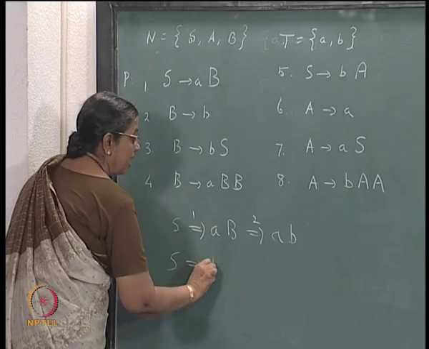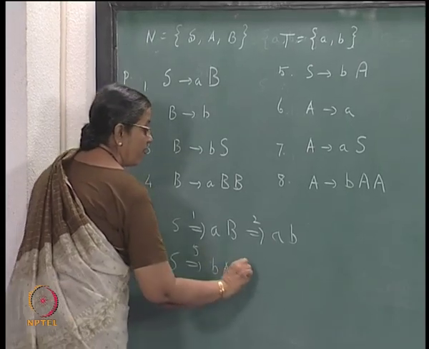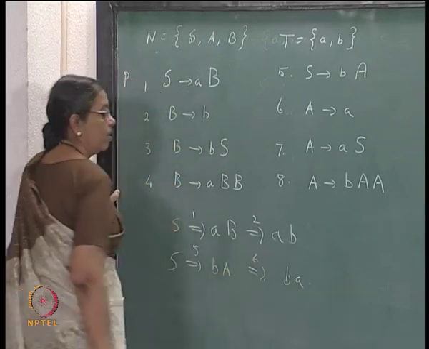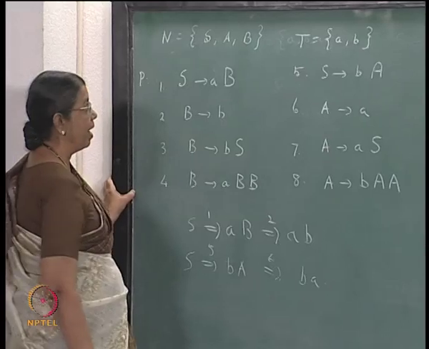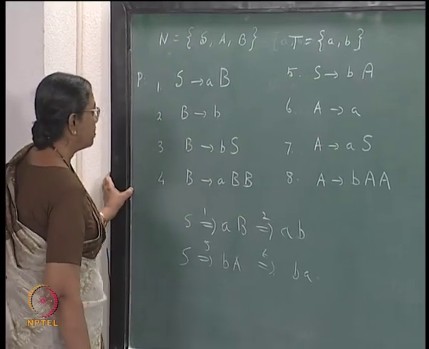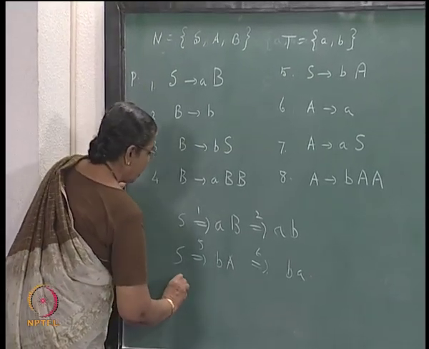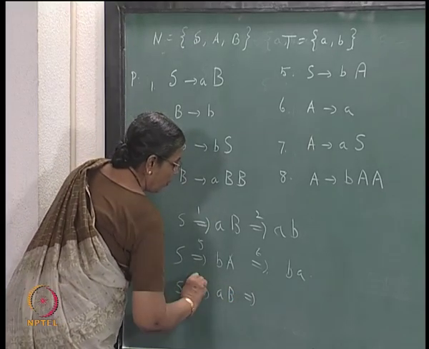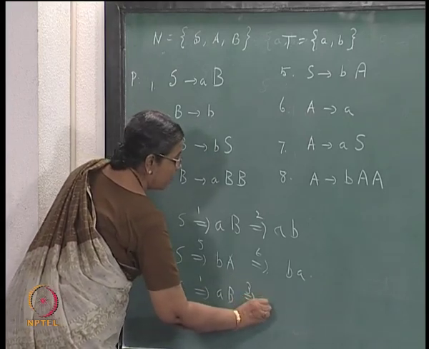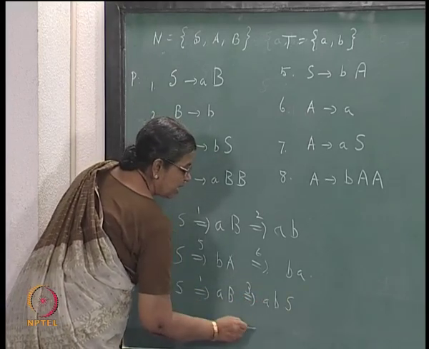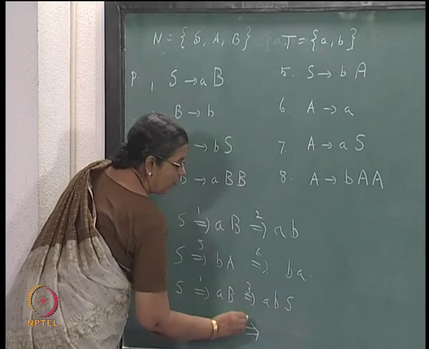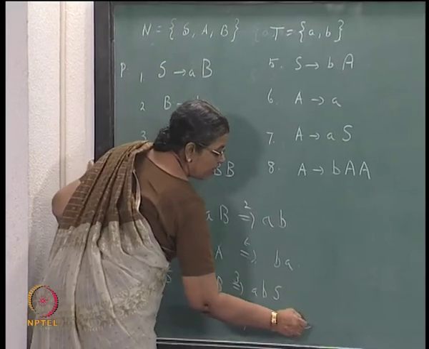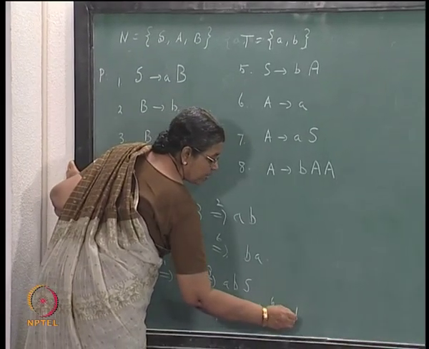S goes to BA, rule 5, rule 6. You can generate AB, you can generate BA. Then you can also generate S goes to AB, rule 1, rule 3 if you use AB, S, then rule 5, AB, BA, rule 6, AB, B,